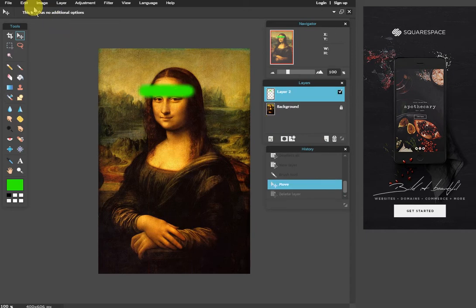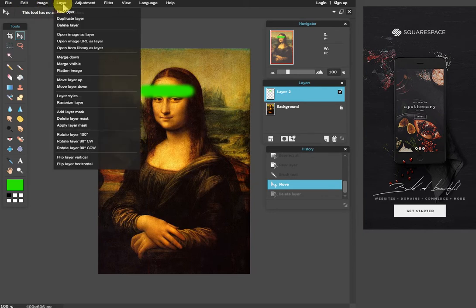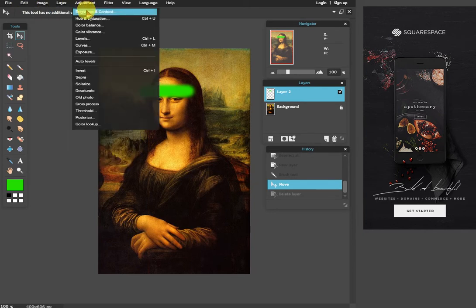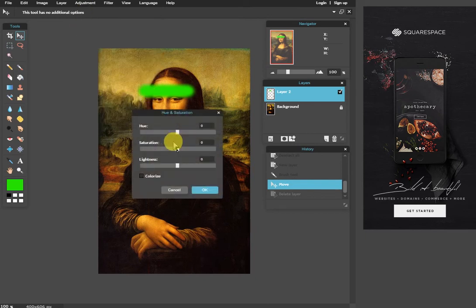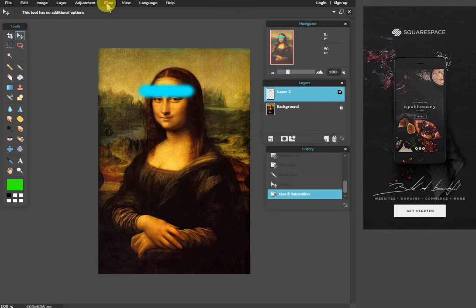I want to show you some of your options up here. You can change your image, you can flip it around, you can do different filters. I'm going to actually use one of these adjustment filters. I'm going to go to Hue and Saturation. Maybe say I wanted a blue unibrow instead. I can change this to, I'm going to get some blue. Change the saturation however I like. There's a lot of different filters you can use. I'll let you experiment with those as well